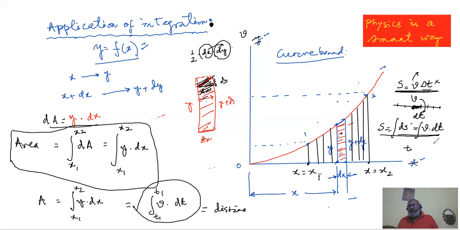This graph can be a curve which shows how the current in a conductor is changing, current in a wire is changing with respect to time. And then if you try to find the area, that will be giving you the electrical charge. That area integration will be giving you the electrical charge that is flowing within a particular time interval, that is T1 to T2. So many things can be found out using integration where this type of process is required.